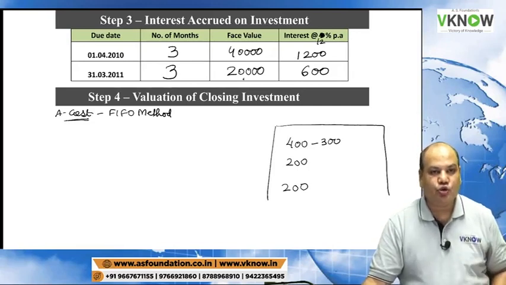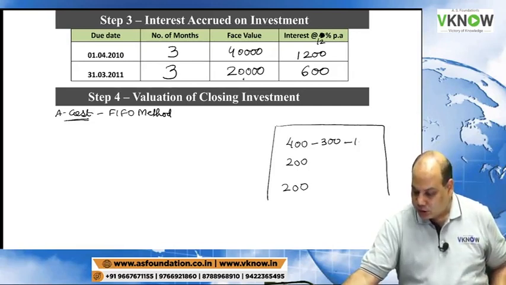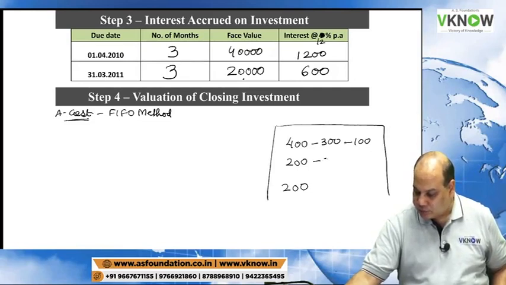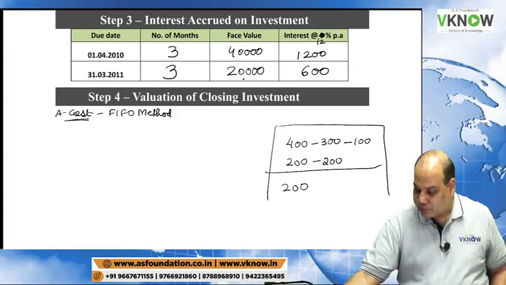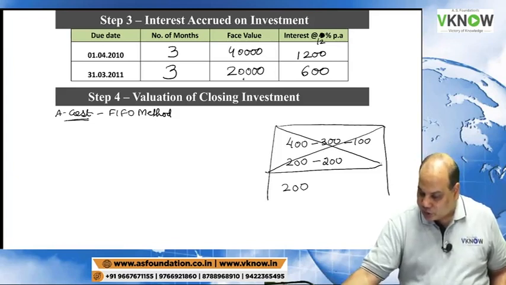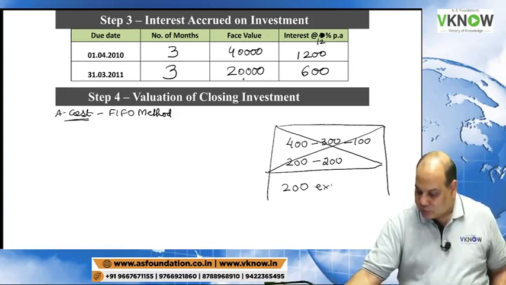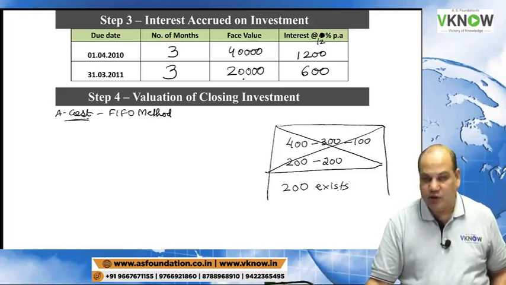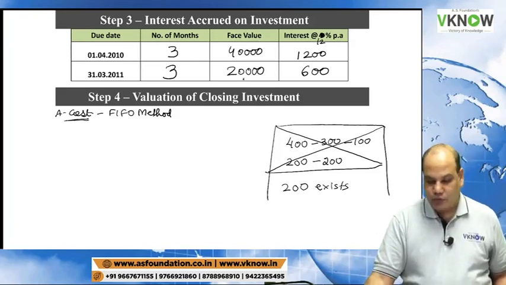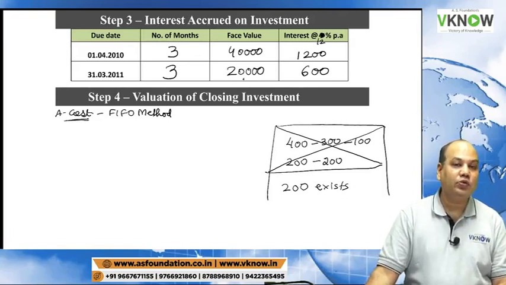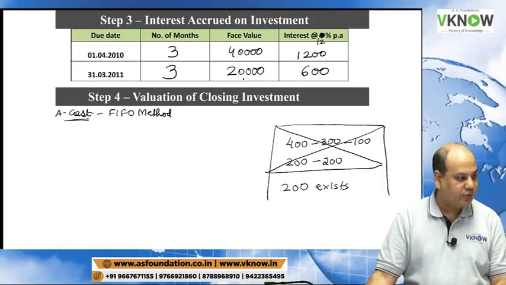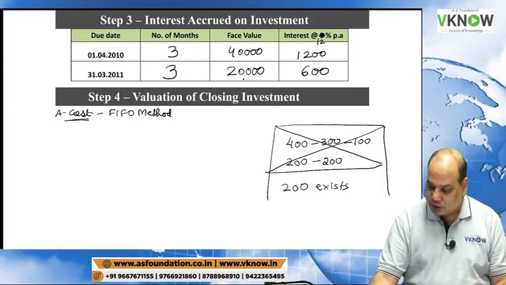Another 300 sold, 100 will be deducted from here and 200 will be deducted from here. This does not exist now. Only the last lot purchased exists. So therefore write down